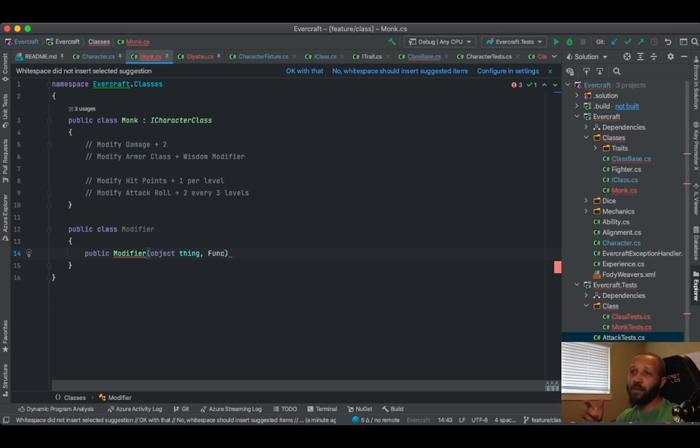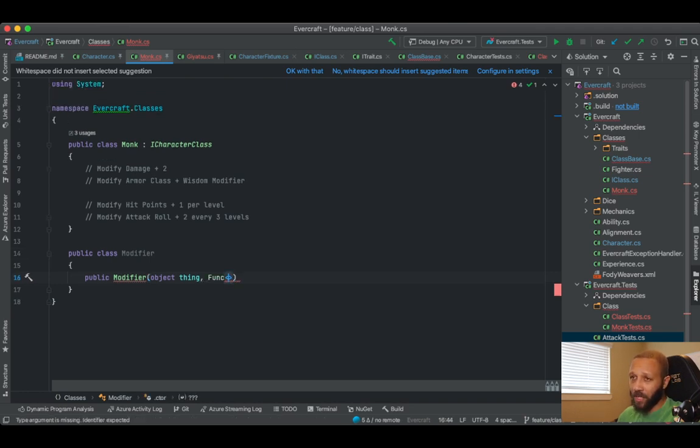That's going to be a per level thing. That's going to be a once every 3 levels thing. So that would denote that there would have to be some check as to whether or not we could actually execute the modifier. So, okay, so let's just do this. Okay, so we have the func. So the thing that we send in, or no, we could just do this like this. We could just, okay,